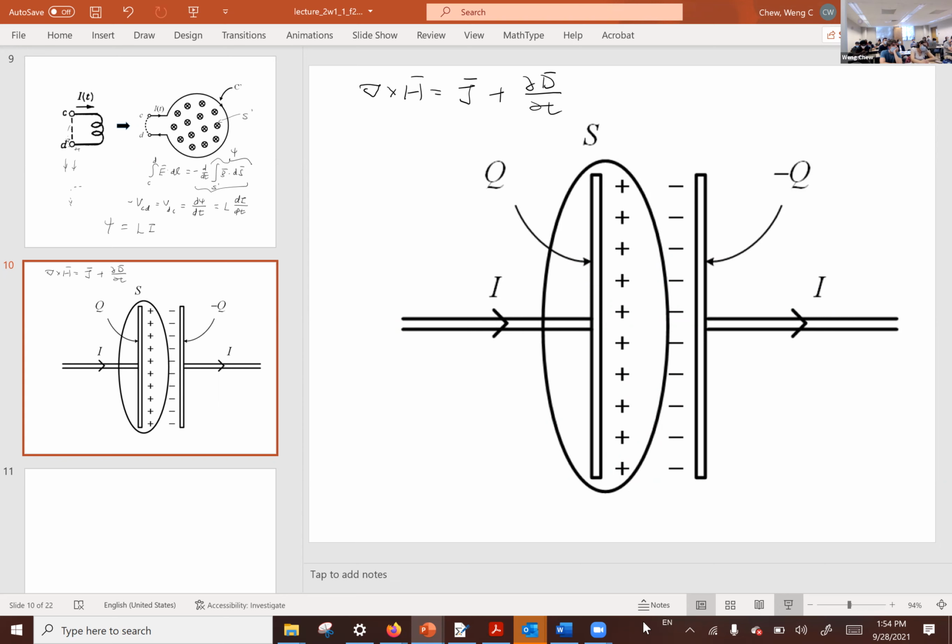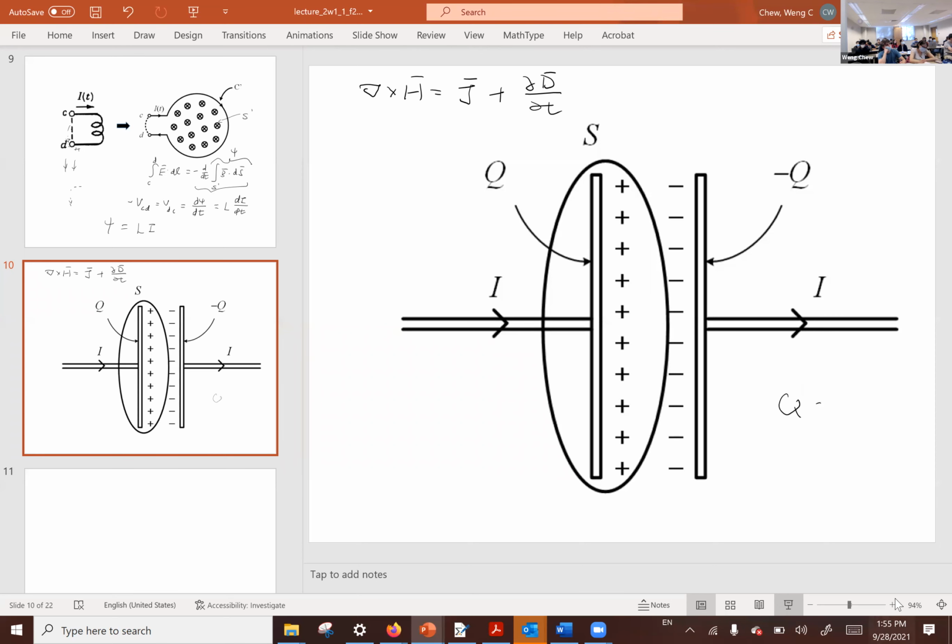capacitor. If you have a capacitor, then because of the charges that go on both sides of the capacitor, there's a strong electric field. The parallel plate. And if you look at the displacement current, two parallel plates need not be small. It can be long, but the capacitance is large, because the capacitance is defined by